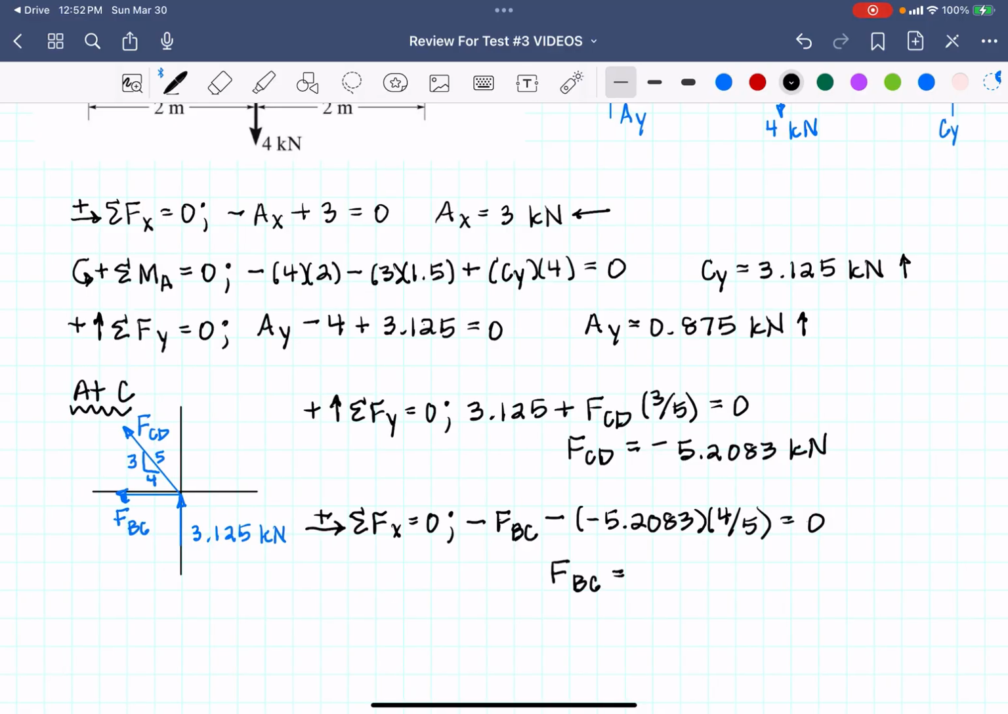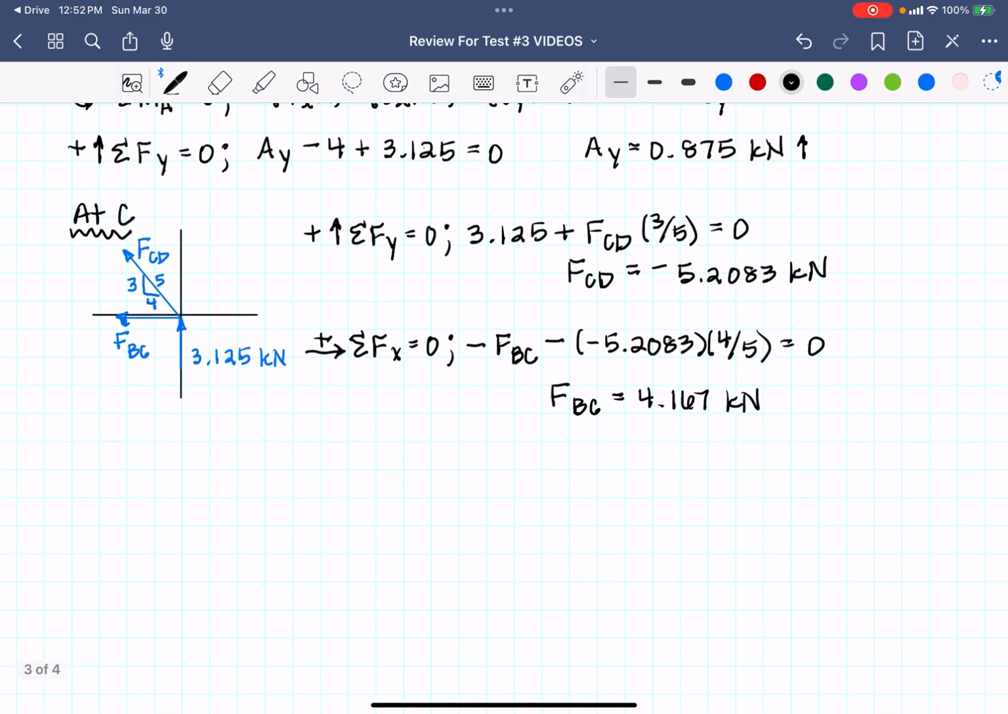FBC equals 4.167 kilonewtons. It is positive, so it is in tension. Now that I have that information, I am going to go to point B. You can go wherever you think you have the most information of everything you need. I'm just going to choose to go to B,